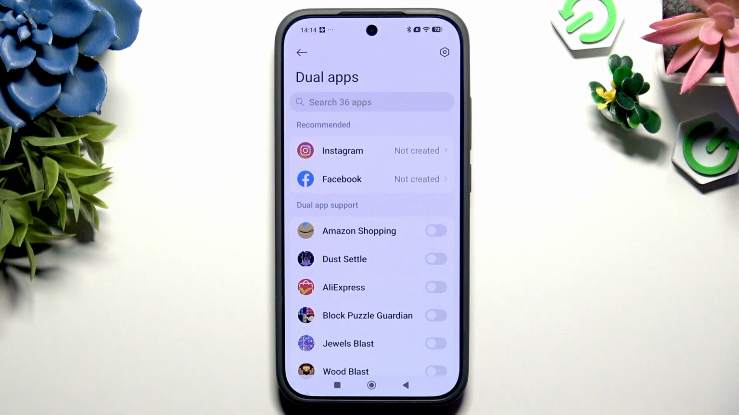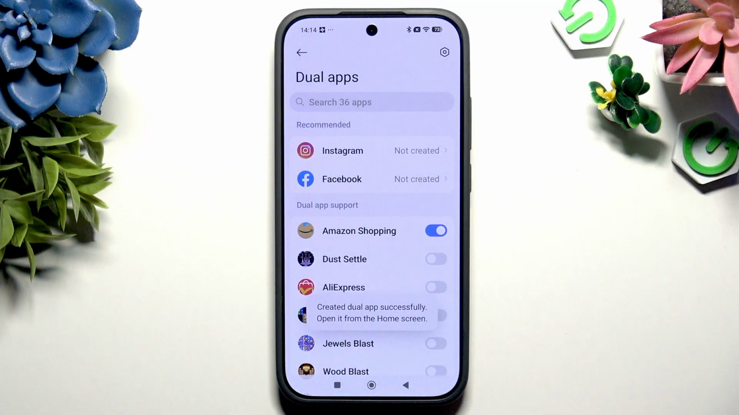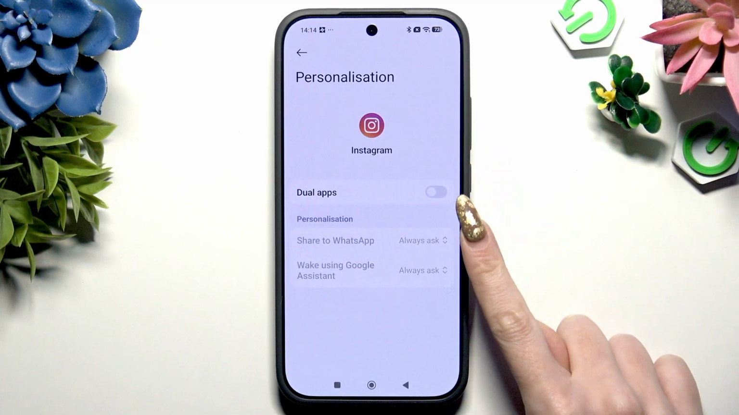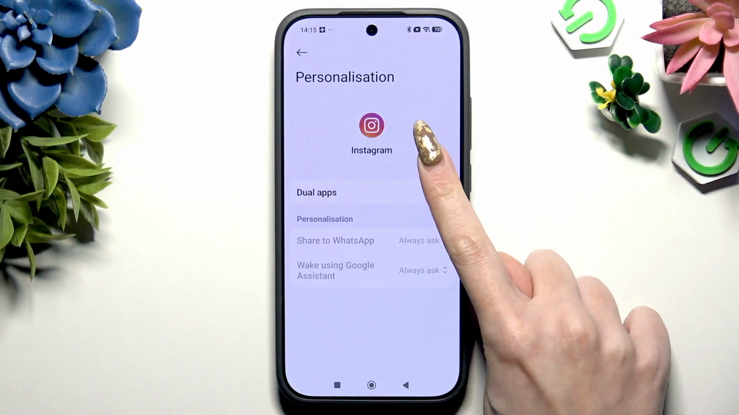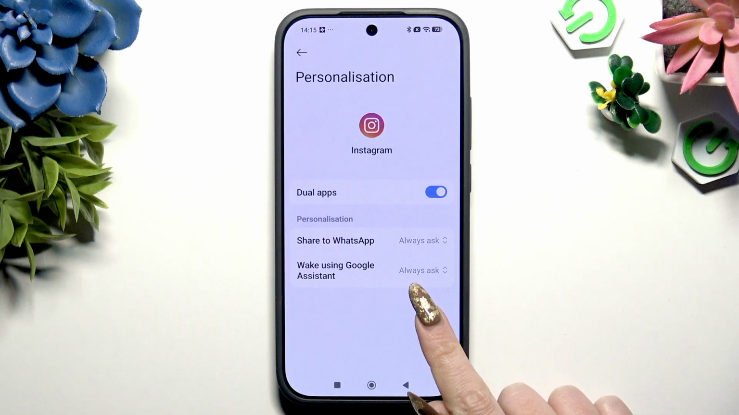Hit Create and tap on gray switches next to any of those apps to clone it. Confirm your choice in the pop-up and wait. If you wanna clone one of the recommended ones, just tap on it and use the switcher next to Dual Apps. In this case, you can also adjust Share to WhatsApp and Wake using Google Assistant